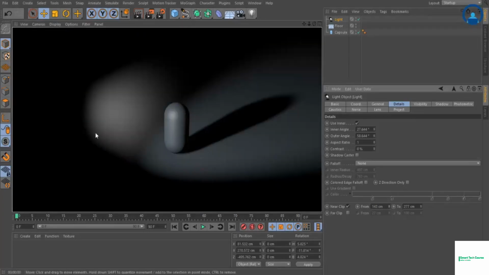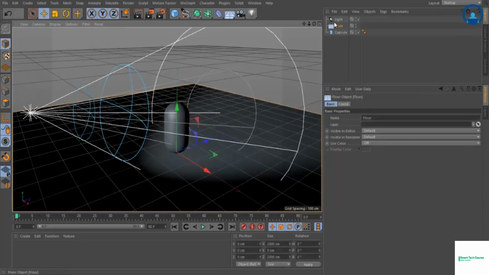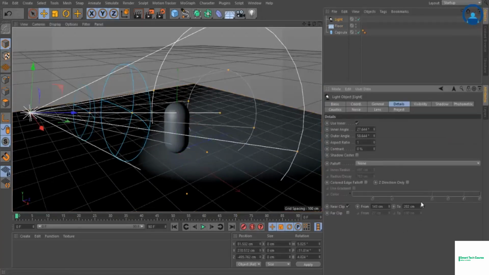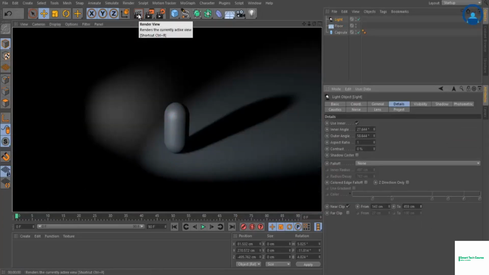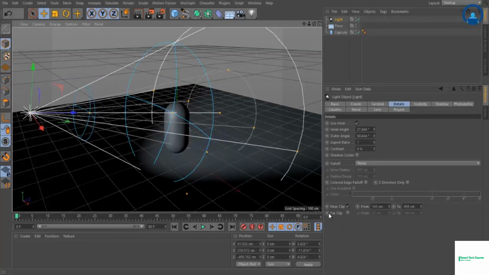Like this, see, from here light will start and go through or just proceed ahead till the outer of the near clip. I can change the range of it like this. So this way you can manage the near clip. Same you can do with the far clip. When I click on this far clip,